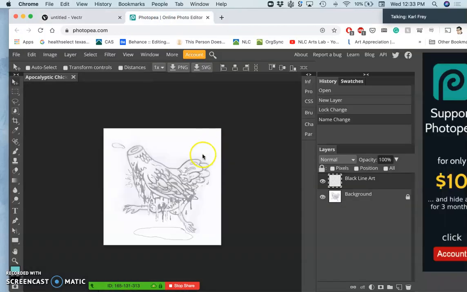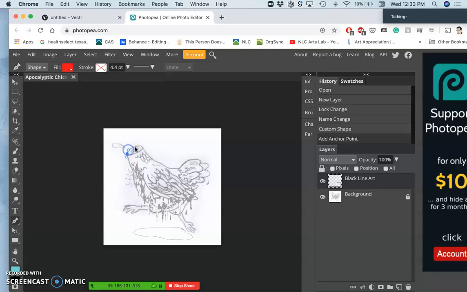Now, there is a pen tool in Photopea and in Photoshop. And I'll show you these things next class in Photoshop and in Illustrator. And so I could draw it with the pen tool and do the similar thing as in the vector program. The problem is it's based on the resolution of this image. So before I do any of that,